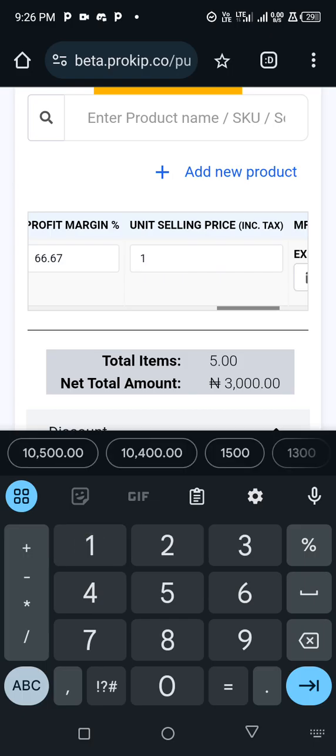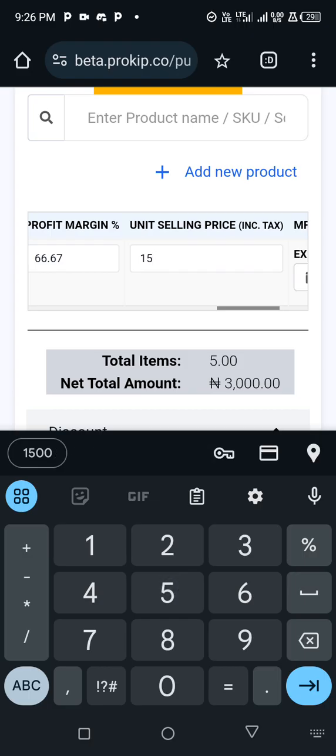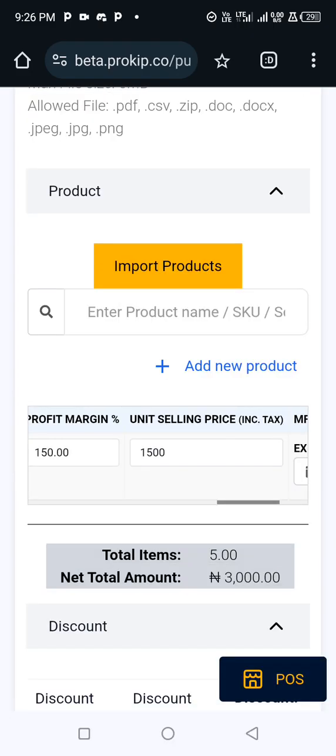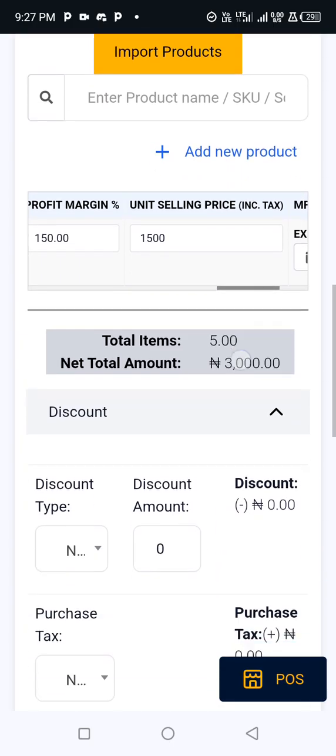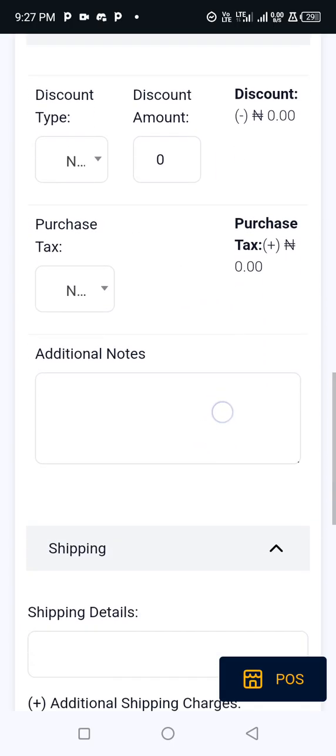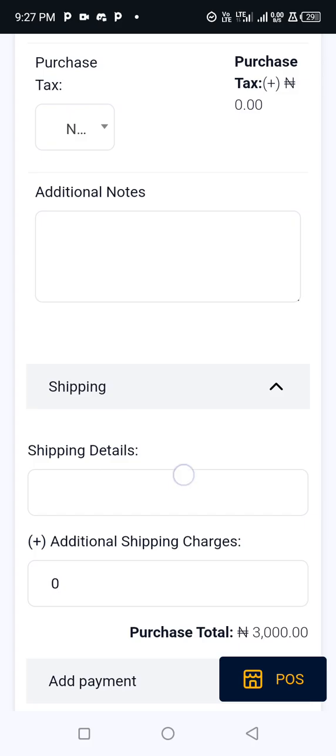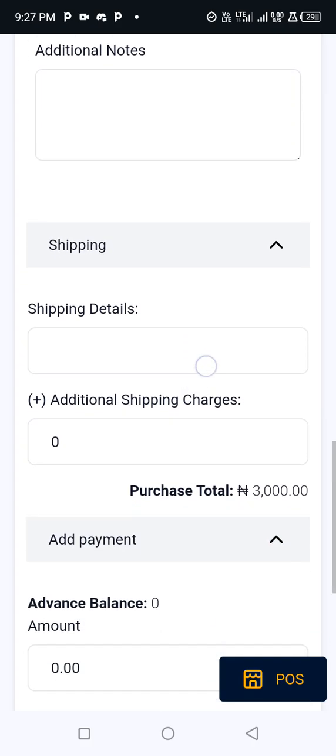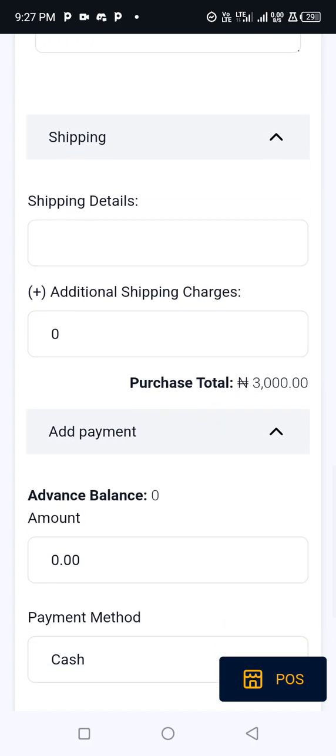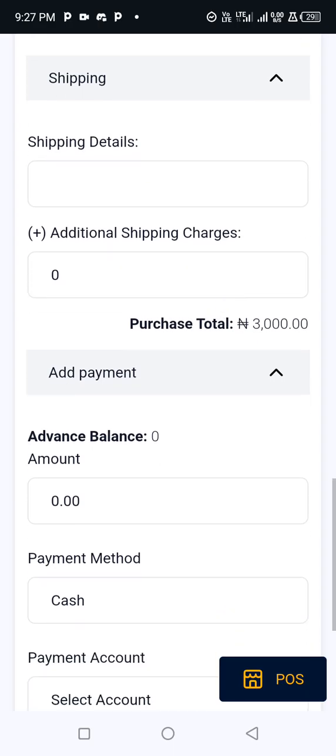Let's just demonstrate it. 1,500 naira. The system will calculate everything for you, and then you forget about all this shipping, all these details. The total purchase is 3,000 naira